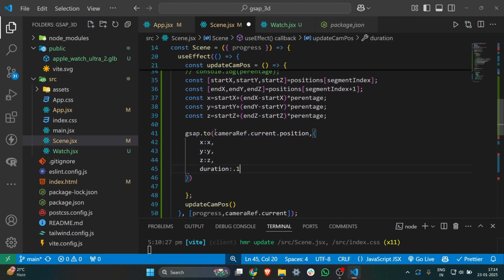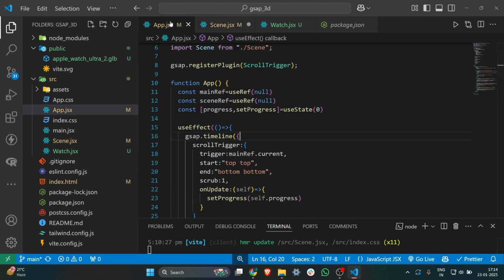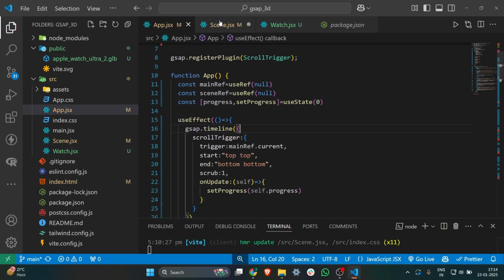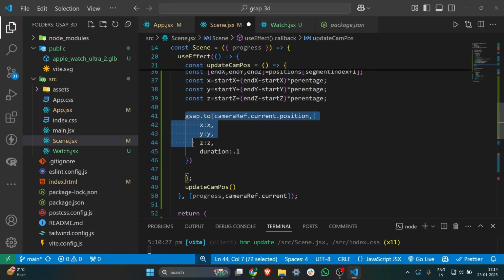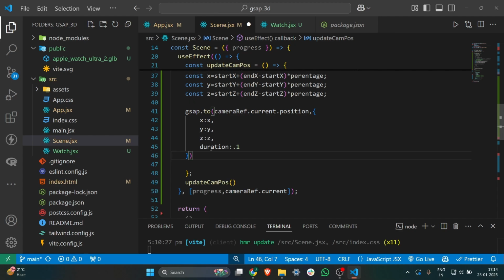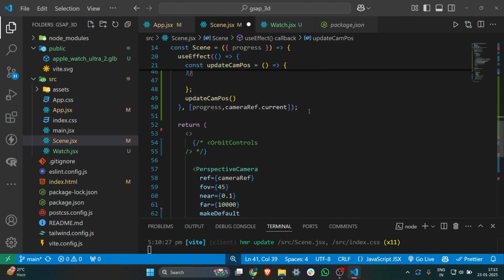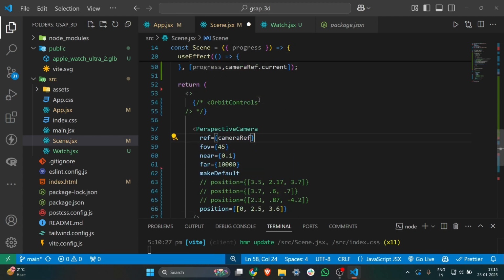And you will be wondering that in this we have used gsap.timeline, but for this we only need to use gsap.to, because we don't have multiple animations, we only want to use a single animation. So that's why we're going to use gsap.to, and this will be the target, the particular object that we want to animate. So camera.current.position,